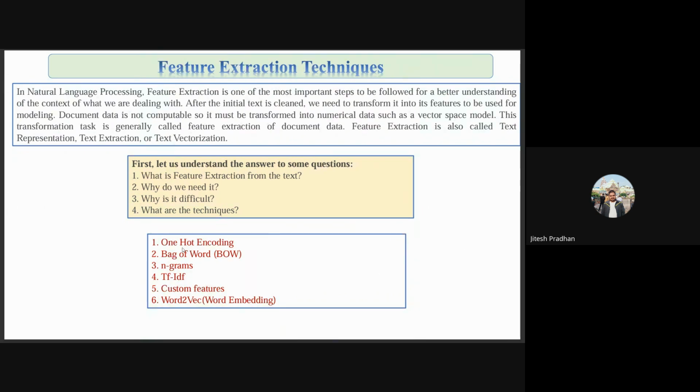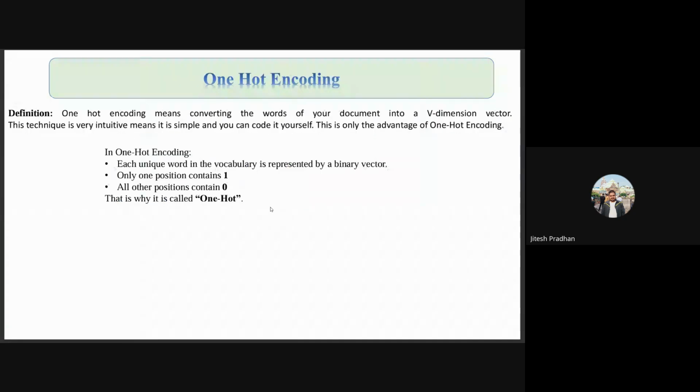Now, what are the techniques? Generally we use these six: one-hot encoding, bag of words, n-gram model, TF-IDF, custom features, and word2vec representation. These are also called word embeddings. We can convert words to vectors and directly feed them to a deep learning architecture. The first five we can use in machine learning, although you can apply deep learning with them also. Now let's start one by one. One-hot encoding: so what is one-hot encoding? Basically, simply